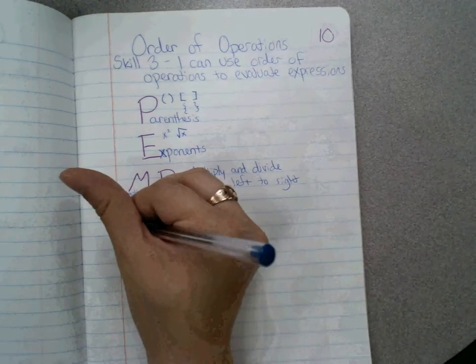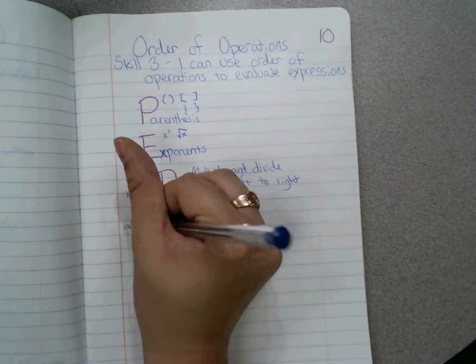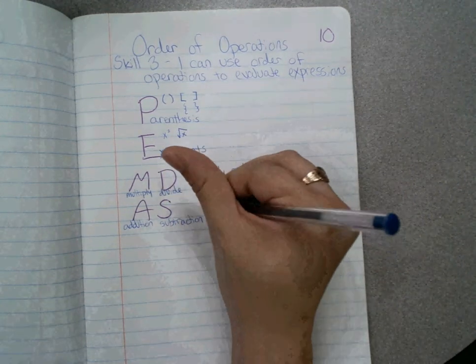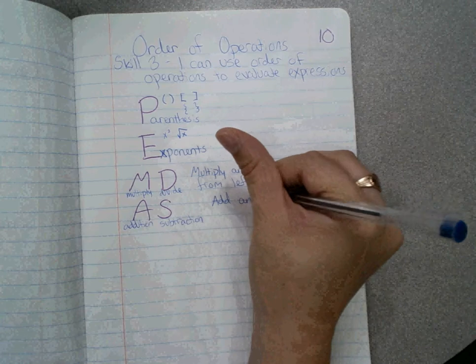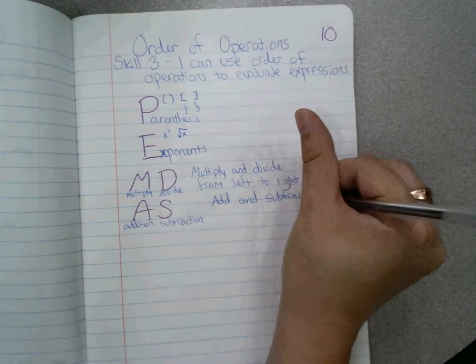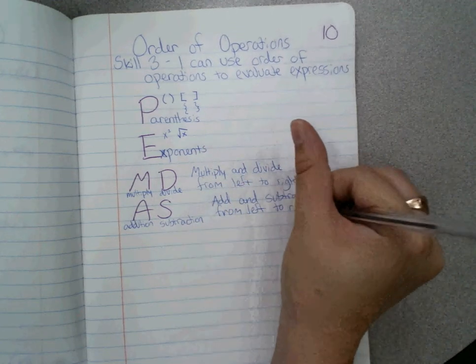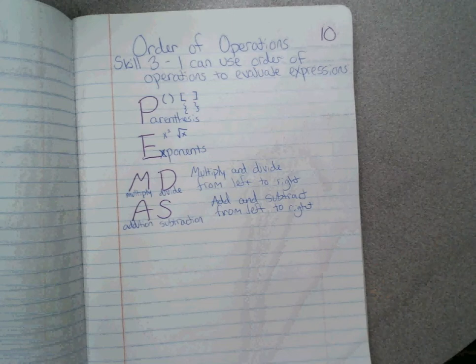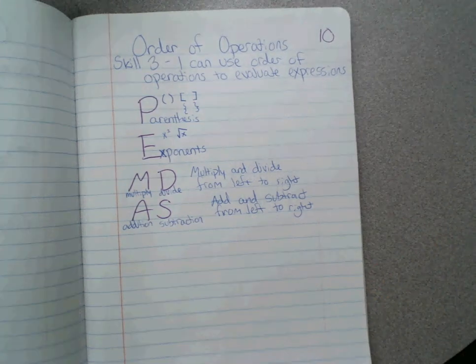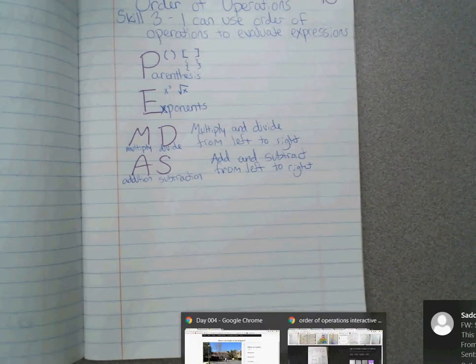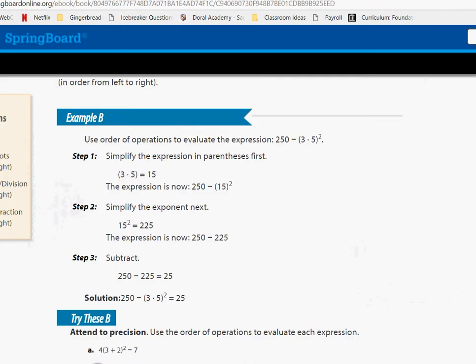And we can write the same thing about addition and subtraction. We add and subtract from left to right. So we start with parentheses, exponents, multiply, divide, add and subtract. So let's look at a couple of examples. Let's do our first one as